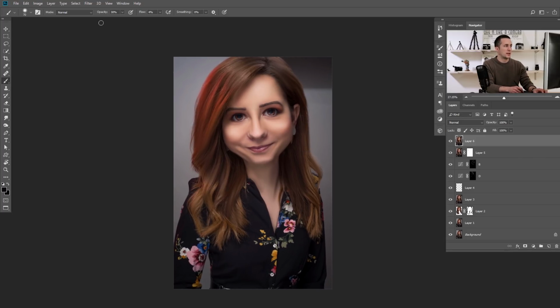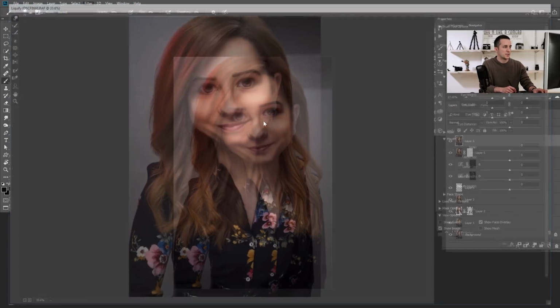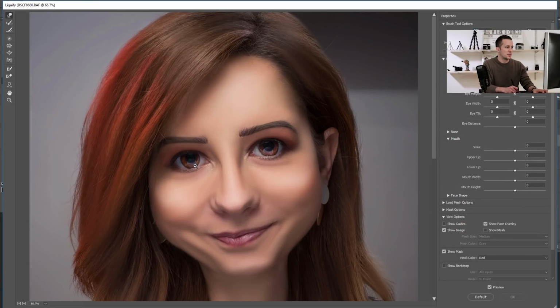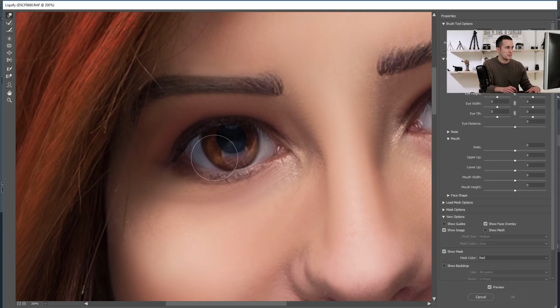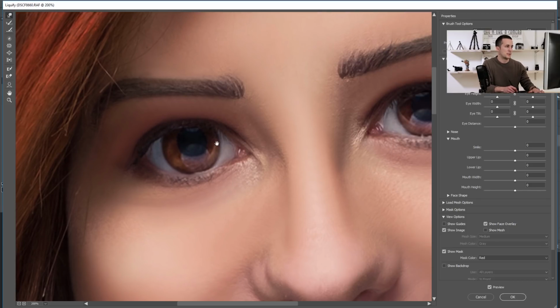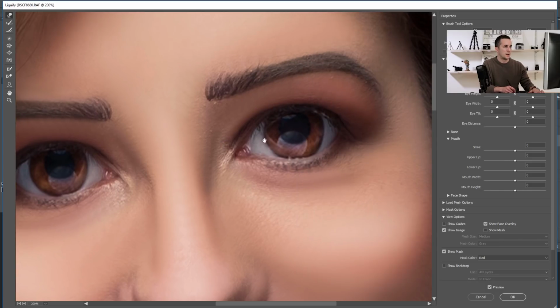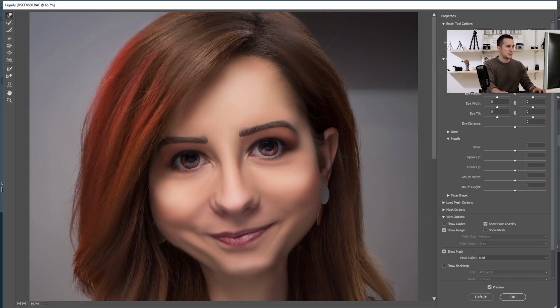And I will go to Liquify again because I want to fix some details. Eyes, for example, because now they're not rounded, has some strange shape, maybe just to make it better. Okay, this is a little bit better, and this one, as you can see, has really strange shape, and I think this is much, yeah,